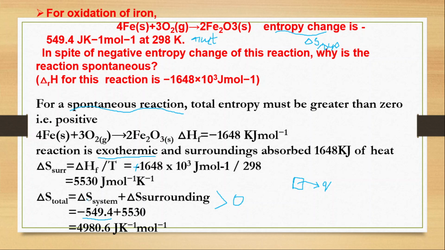Clear? So for the system, what is the entropy change? 549.5 minus 549.4. We have entered that, and we have entered the delta S for surrounding also, and we got a positive value here. So delta S total is positive, and that's why we say that the reaction is spontaneous in nature. Clear, the reaction is spontaneous in nature. So it indicates that